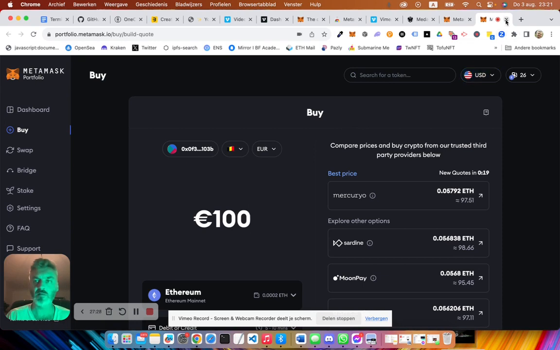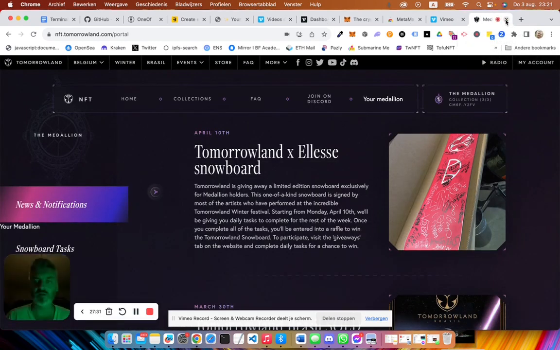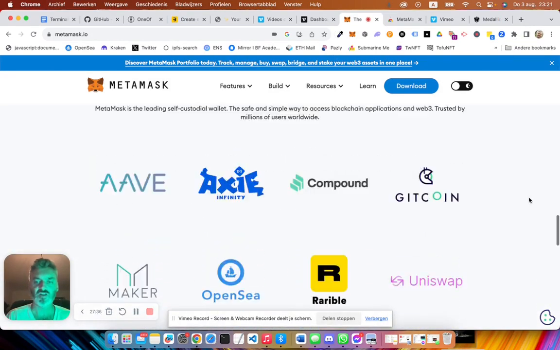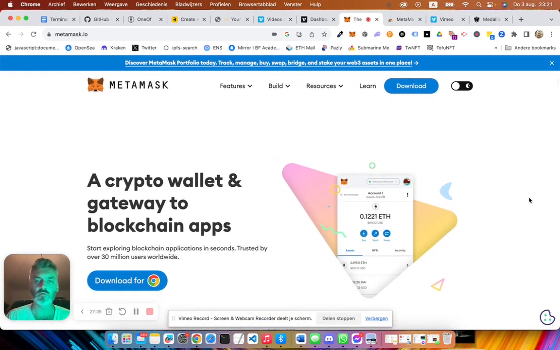I've showed you MetaMask. We've gone pretty deep in it. We've seen all the most necessary functionalities, how it works, how you make an account, how you install it, what happens if you connect to a Web3 app, how you can charge it, upload money to it. This is how you start Web3. This is how you enter the gate to Web3. This is how you start your Web3 journey. So there you go, voila. I hope you guys understand what I told you.